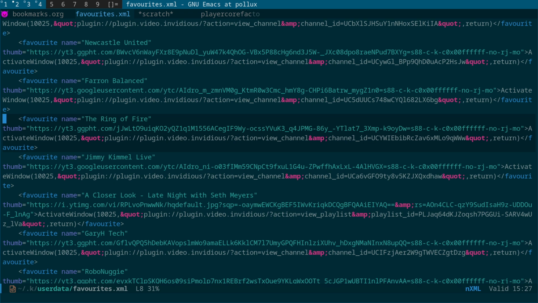So what we've got here, I won't zoom this in too much, but we've got channel here. So what we've got here is a favorite, and you'll see we've got the thumb. Then what you'll see is we've got this section here, activate window, and then plugin Invidious action view channel ID. So that's how the favorites save links to channels. And if I've got one with a playlist, yeah, here, so you can see action view playlist and playlist ID equals,